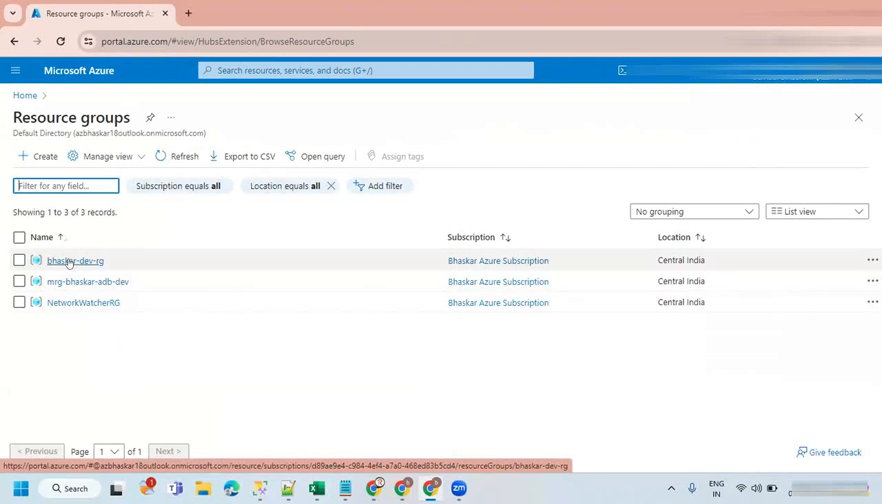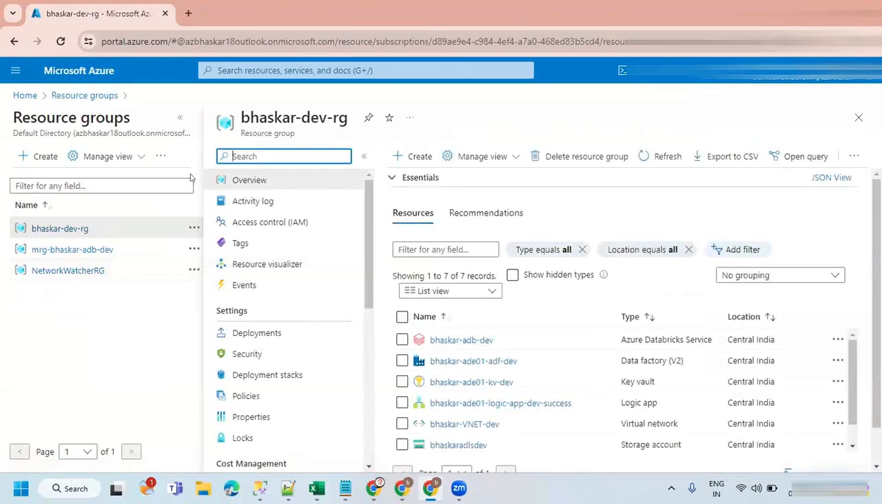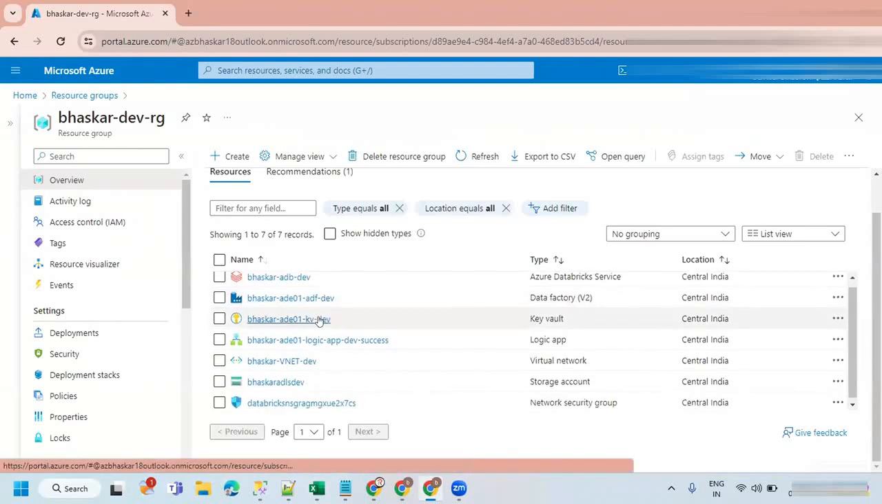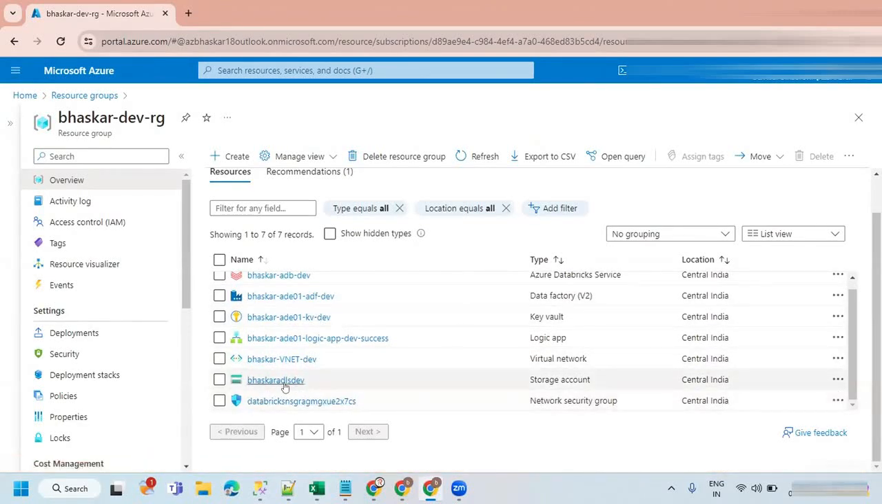If I create it, it is going to create for you also. So for that reason, let me utilize the existing Databricks. I'll show you how it is going to be there. So this is a Databricks, and